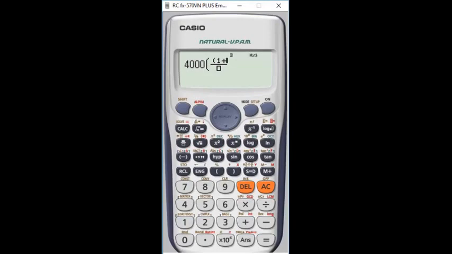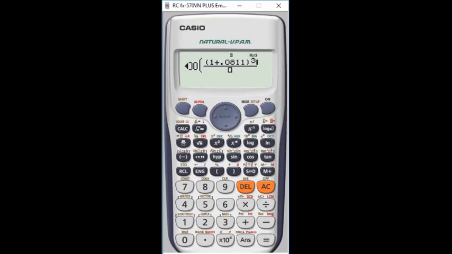So we calculated the value of r, that was 0.0811, right? Then bracket close, power button, and here we are going to put 3, then pressing the right button to get out from the power,